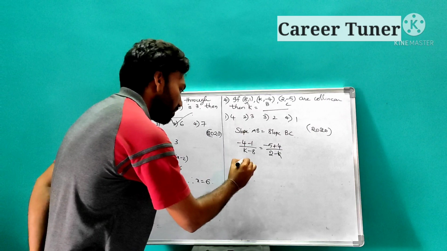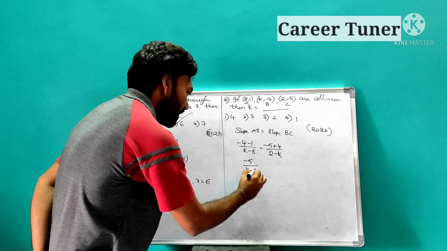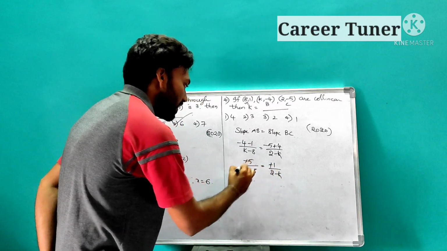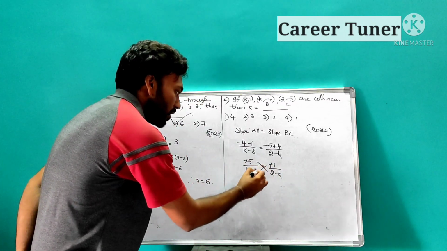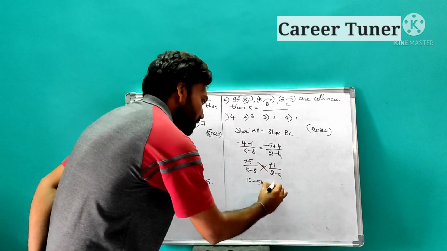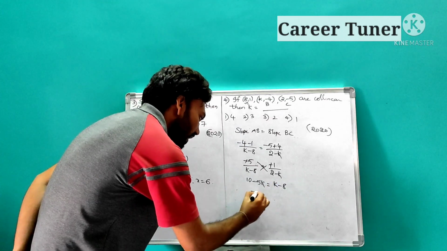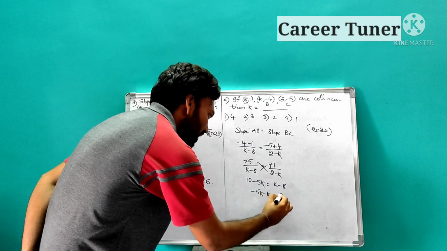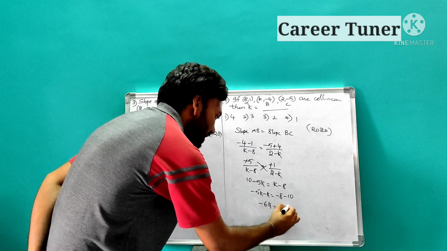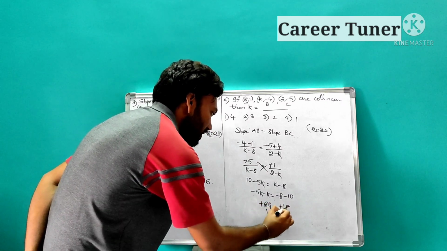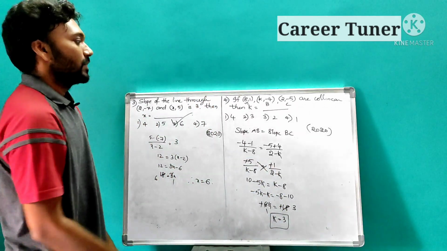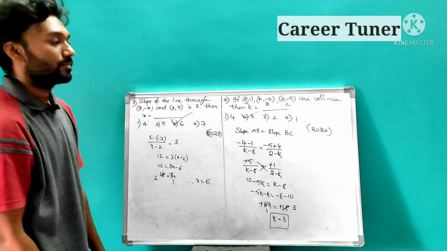Now minus 4 minus 1 is nothing but minus 5 by k minus 8, which is equal to minus 1 by 2 minus k. Now the minus sign gets cancelled. Now cross multiply the denominators, so it is nothing but 10 minus 5k, which is equal to k minus 8. So 5k minus k is equal to minus 8 minus 10. So minus 6k is equal to minus 18. Minus cancels, 6 ones are 6, 6 will go for 3 times. Therefore the k value is nothing but 3. So the second one is the option.